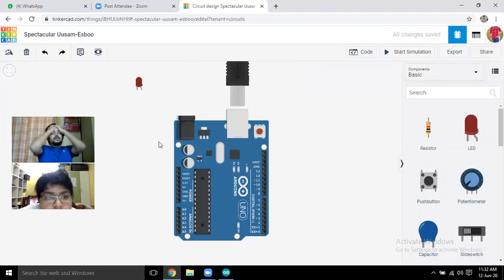So in the power section, what actually happens? The pins which provide power to the devices that are connected are already present over here. 5 volt, 3.3 volt, two grounds are also there, an input voltage slot is also there. So this is called the power pin section. Now you will find the analog section and an entire digital section.